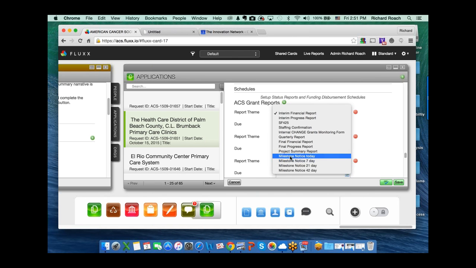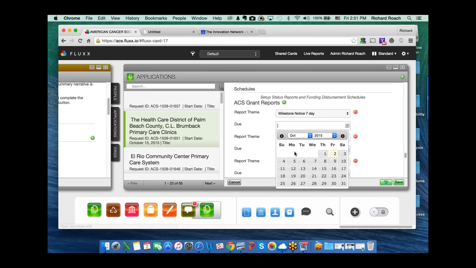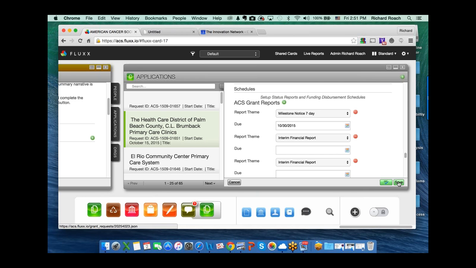So what I've created is a milestone notice, basically due today. Milestone notice due 7 days before the notice is created, right? So 7 days, 21 days, and 42 days. Those are standard increments that are in the system. So if we look at the one that's 7 days, here's the due date getting set. So 7 days before the 30th, that milestone 7-day notice is going to get set. It is going to generate it on the other side. So basically what I've done is I've created it so when you create these milestone reports,